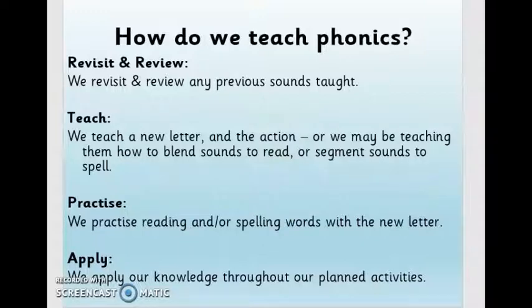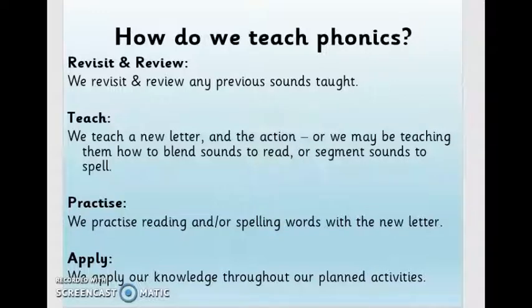a new sound, and we will also teach them the Jolly Phonics story that goes with the sound. This helps children to remember and retain the sounds in a fun and playful way. Every sound comes with an action, so you might have noticed your child, when saying the sound a, pretending to climb ants up their arm. That's because we've used the Jolly Phonics song with the sound a to help them memorise it